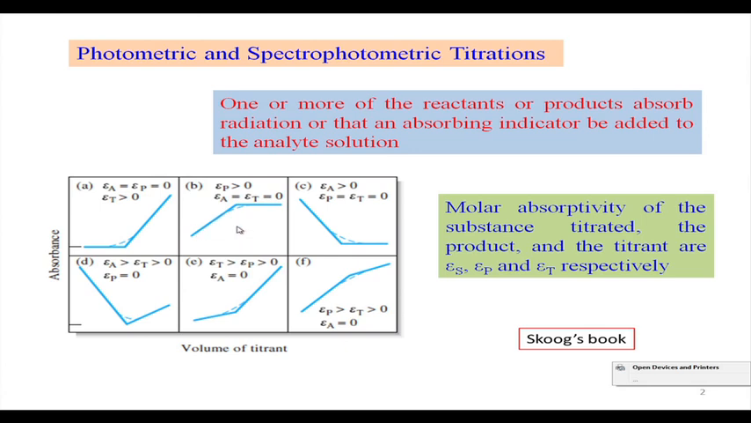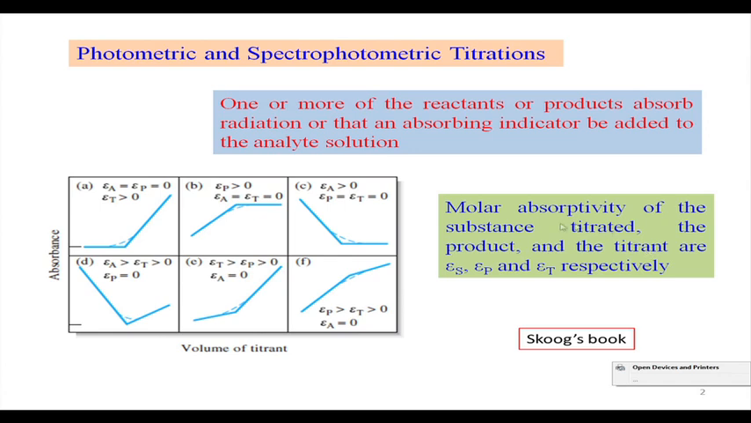So, nicely you see that all these plots, and whatever we are talking about here, are some epsilon values only. And always we think of something where you have the corresponding analyte. So, we can consider the corresponding epsilon values only for your corresponding species, that means the molar absorptivity of the substance titrated, that means your analyte,